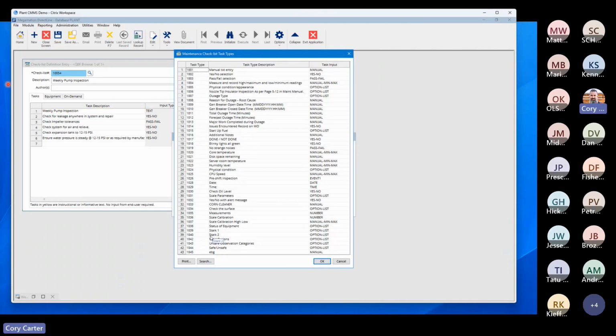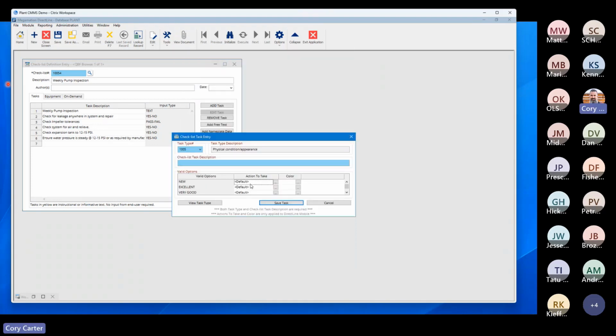It lets me choose my task type, and I'm going to talk about task types in a moment as well. So if I choose a yes, no, or a pass, fail, or a physical condition appearance option list, when I do that, I can add actions. And in this case, I'm doing a physical condition appearance option list, and I could add an action to take